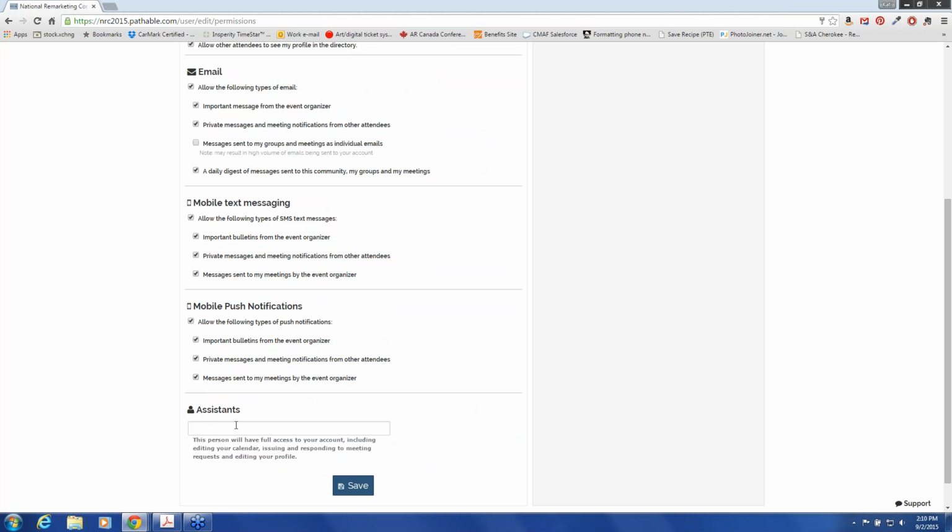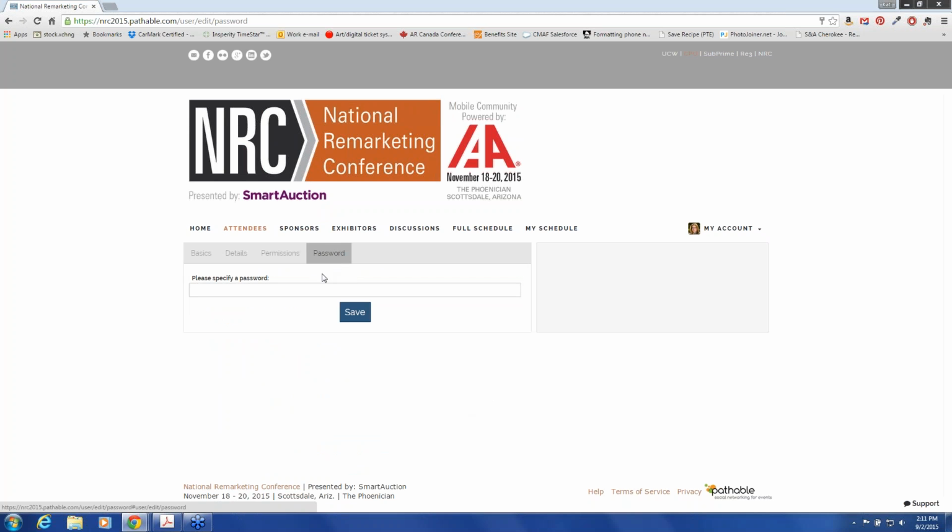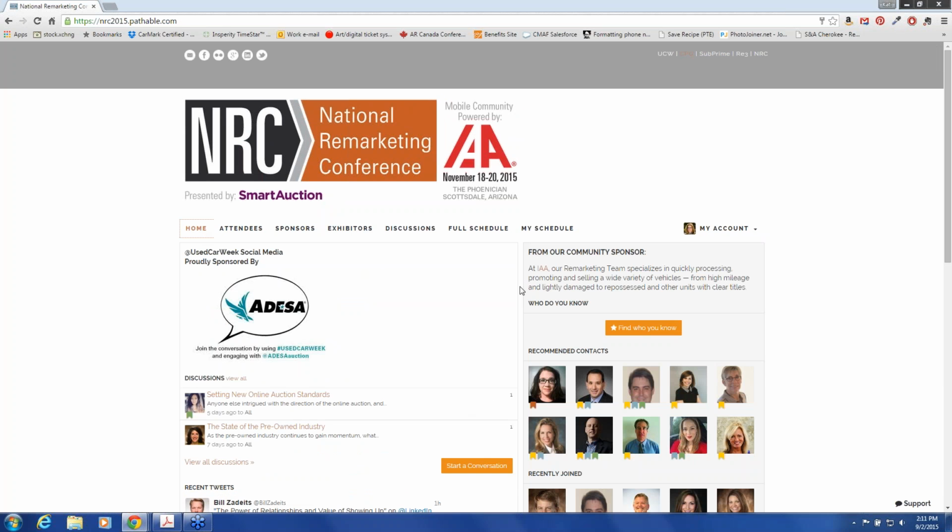Assistance at the bottom: if you don't want to manage your profile yourself and you have someone else you would like to be able to log in as you and edit your calendar and basically access everything as though they were you, you can add their name in the assistance field here. Password is just a place to edit your password there. So if we go back out to the home page,